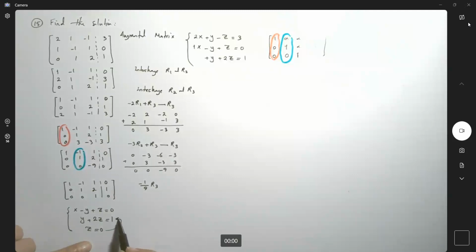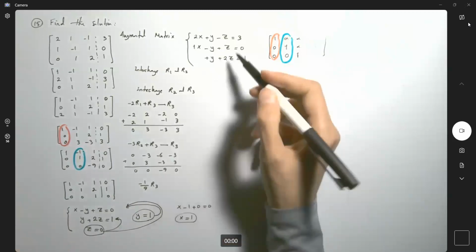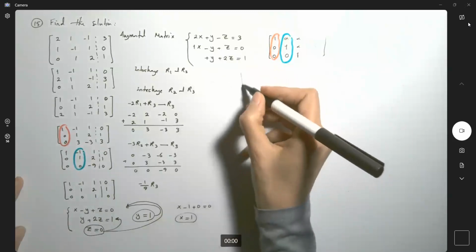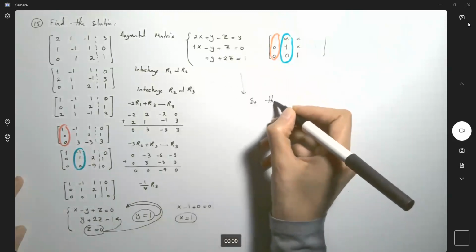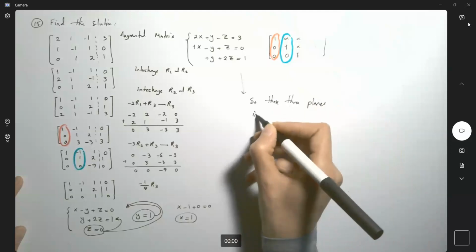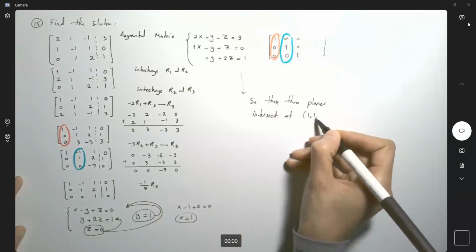Replace that into the second equation, y becomes 1. So z is 0, y is 1. Enter these two in the first equation. x minus 1 plus 0 is 0, so x is 1. The intersection between these three planes is at this point. So these three planes intersect at the point 1, 1, and